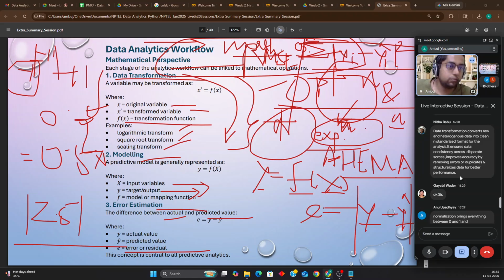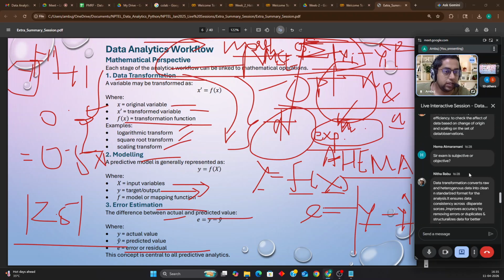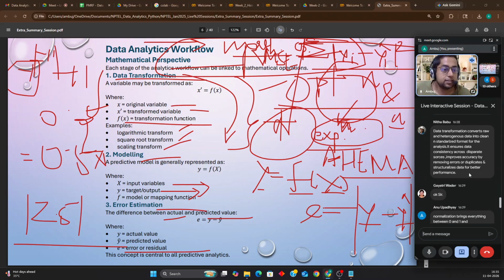Okay. In our primary classes, we are taught like this, na? That if somebody asks you what is your name, then how you will answer? My name is Anup Upadhyay. So like this, you have to answer in the examination. In the examination, use the same terminology. Like Nitha has done wonderfully with data transformation. What does it exactly do? It does this thing and that thing and how the flow is. So write it down in this format manner. Then it would be a correct approach. It will give you high percentage of marks.